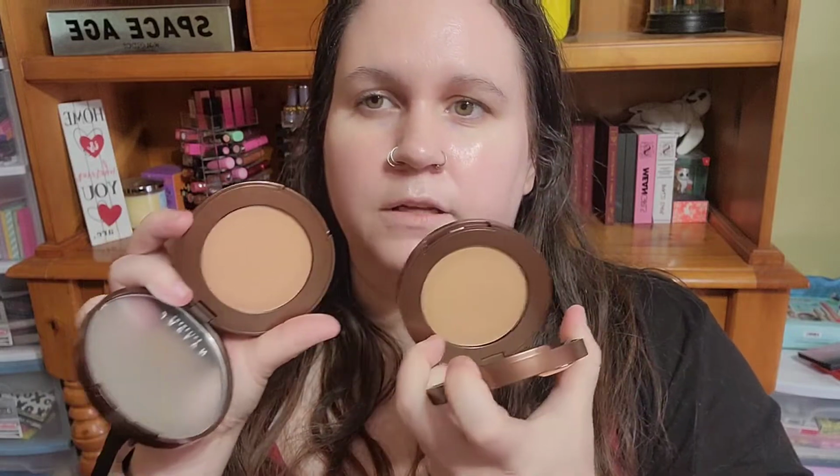Then I bought a ton of stuff from the new Jaclyn collection. I have this highlighter right here. This is in the shade Iced. I bought 2 different bronzers. I didn't know, are these different colors or the same? They're the same. I didn't know which was going to be the best shade for me, or maybe one might be better than another for contour. I don't know. So here are the 2 options. This one is a little bit cooler. That is in Vitamin D. And then you have one that's a little bit warmer, and that is in Skinny Dip. I think these were 2 of the very lightest that they had. And then I also have,